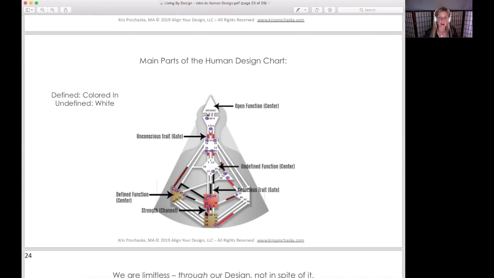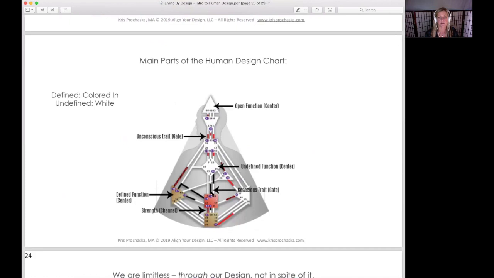All right, so now we have, remember we talked about those lines that go between the centers or functions. We call them channels in human design, or strengths in the BG5 terminology. And here you see I have 2 strengths in my design. I have a format strength right here, the 5342, and I also have the 3457 is my other strength, okay? That's a solid line that connects 2 functions together, is a strength or channel.